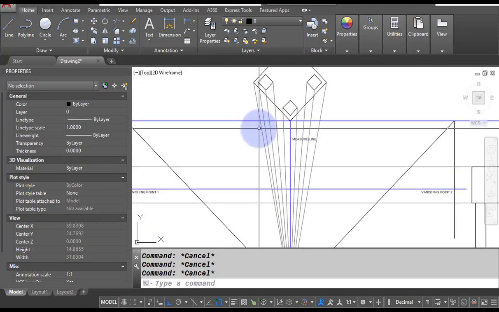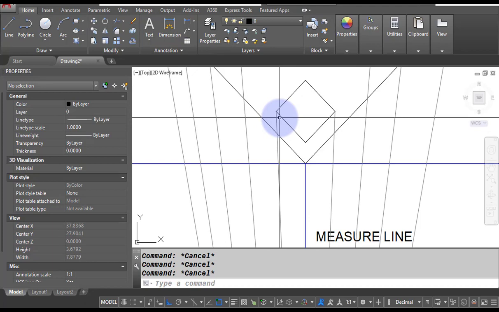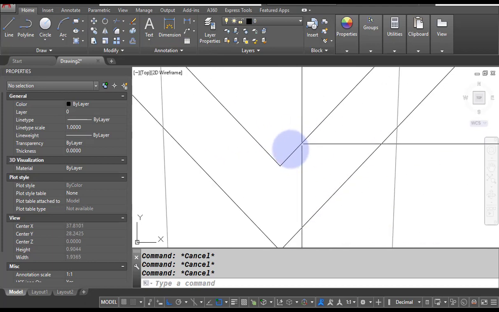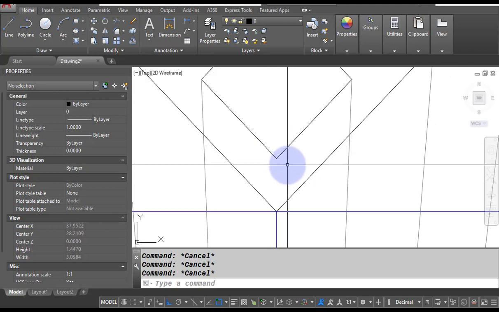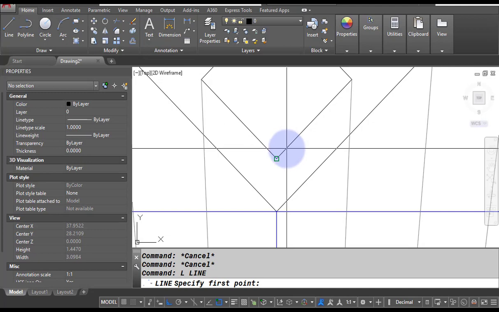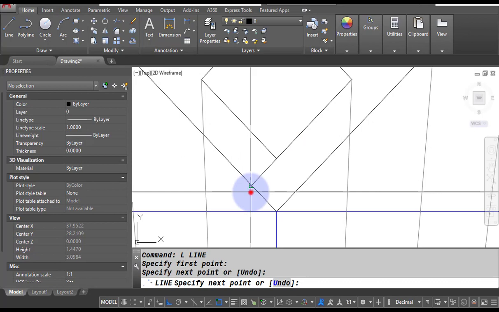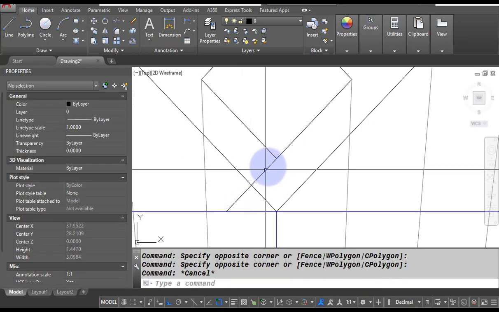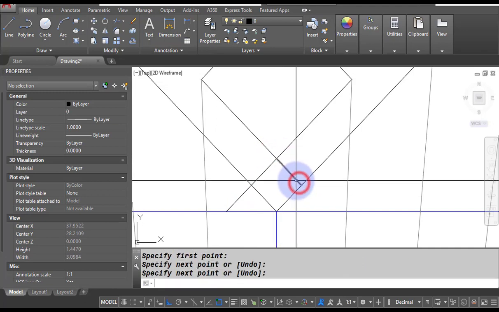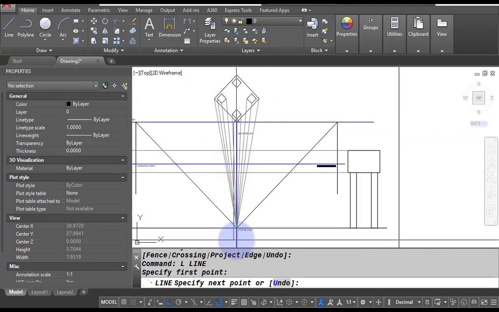Now what we are going to do, we have to take the vertical lines from all these points. One thing we have to notice, this corner we should locate, but unfortunately this corner cannot be located. So we have to extend this line, right? So I am going to extend this line to the picture plane. Similarly, I am also going to extend this line to the picture plane, and then after draw one vertical line.